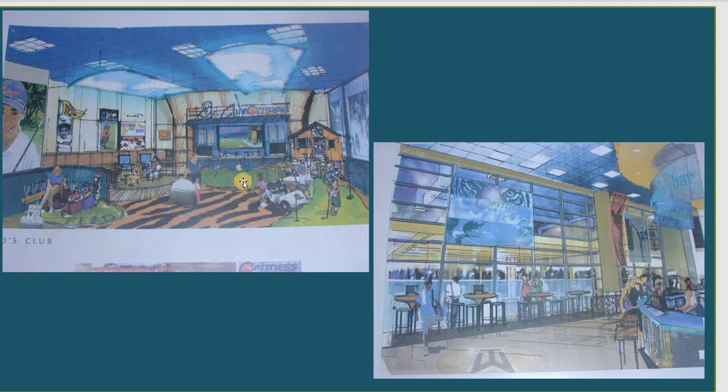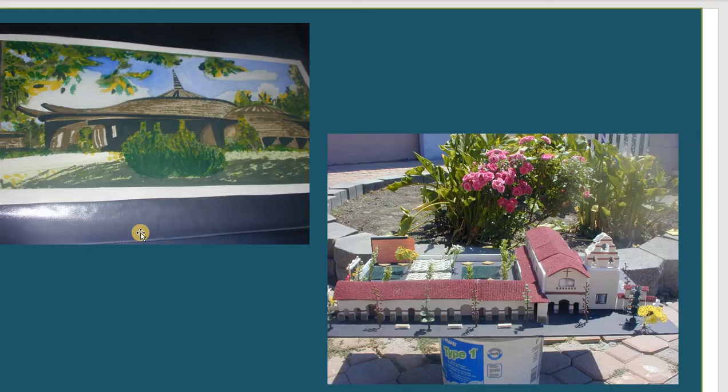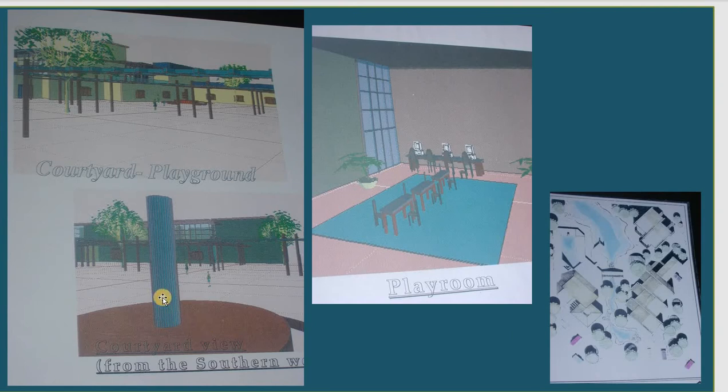This is the kids club we designed when I worked for stdr, and this one is coloring, and this one is the one you saw before, the mission in Santa Barbara. This is long ago. This area is the site plan. This is long ago when I did the courtyard for an orphanage in Vietnam.